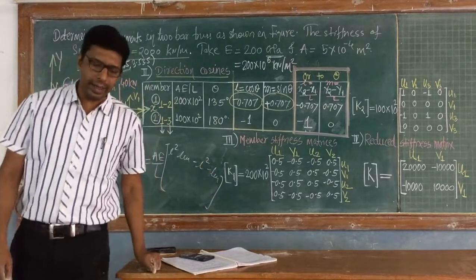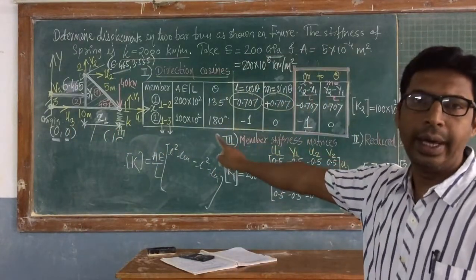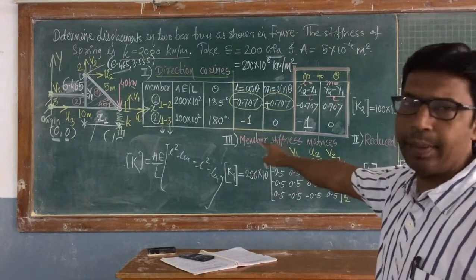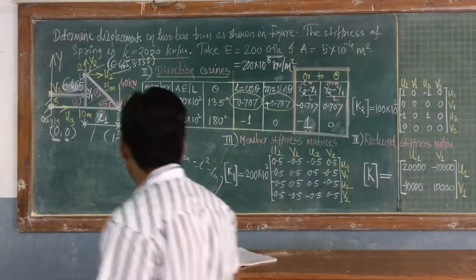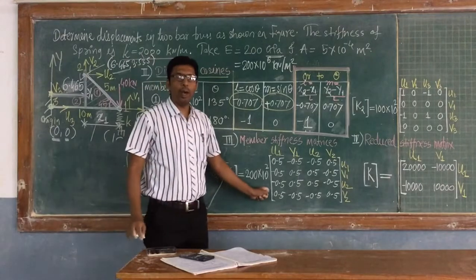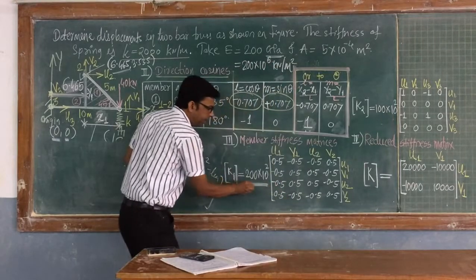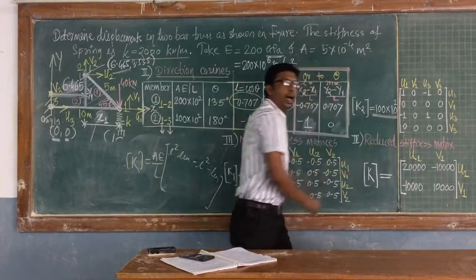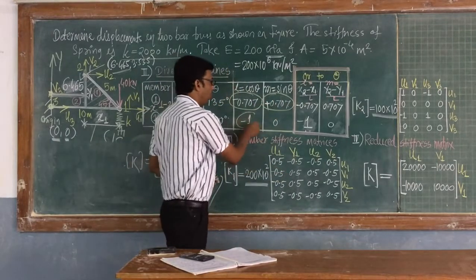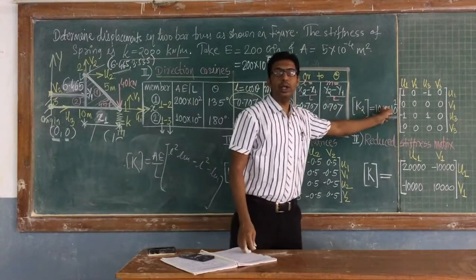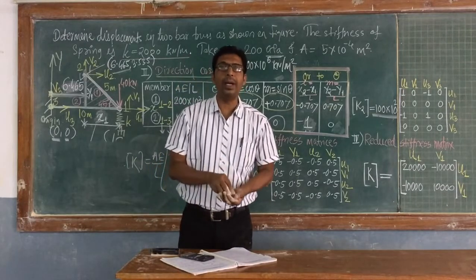This stiffness matrix, already we have solved 2-3 problems. Now you can understand using the standard stiffness matrix and put the value of A by L outside the matrix and L and M. If you perform those L square, Lm multiplications, you will get K1 like this. This is K1 for member 1 and this is K2 for member 2. Outside it is A by L, and using this L and M for member 1 and minus 1, 0 for member 2, you will get the two stiffness matrices.